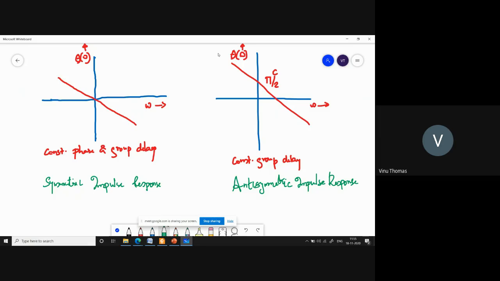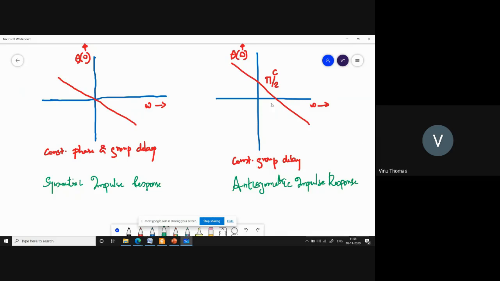class. So if I name the filter coefficients such that the phase characteristic passes through pi by 2 radian, then you will see that for an anti-symmetric impulse response, the phase characteristic will be a straight line, will be linear, but however it will not pass through the origin. It will pass through plus pi by 2 radian. And for this case, you will not have constant phase delay, which means the constituent sinusoids will suffer different delays. But however, the combination of the constituent sinusoids, which is your narrowband signal, will have the same shape at the output.